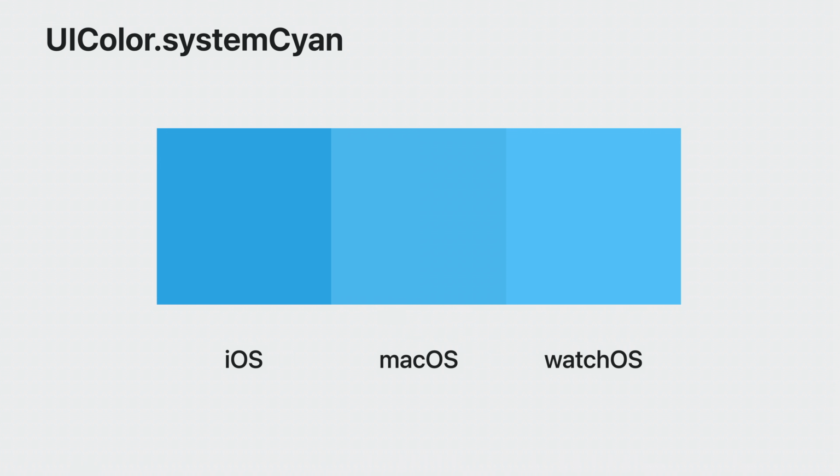So instead of defining a color yourself with RGB values, use a system-provided color that will result in the correct appearance no matter what platform your app is running on. For example, System Cyan is a slightly different shade of blue across iOS, macOS, and watchOS. On iPad, this has the added benefit of adapting between light and dark appearance. And on this platform, system background color is vibrant by default when placed on top of glass.